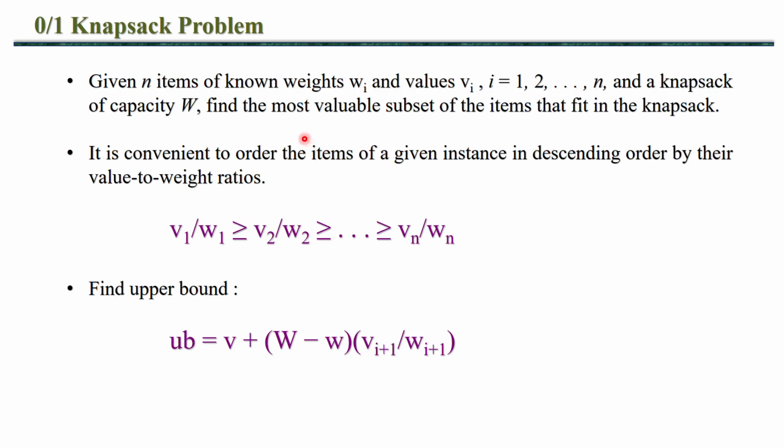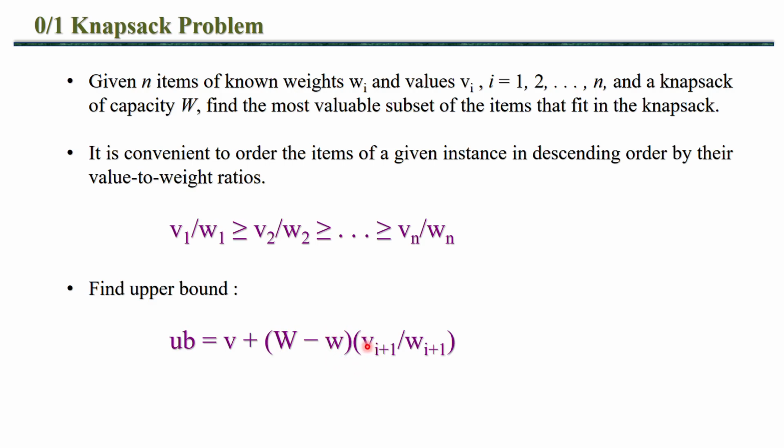To find the solution using branch and bound, as you already know, based on the criteria you have to set the bound. So here the criteria is what? Maximum profit. Maximum means you have to set the upper bound here. For setting the upper bound, this is the equation you are using: UB equals V, where V means the value of the items, and capital W is the capacity of the knapsack, and small w is the weight of the items.